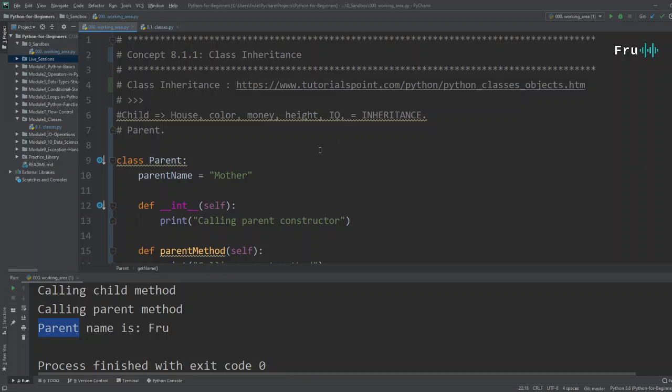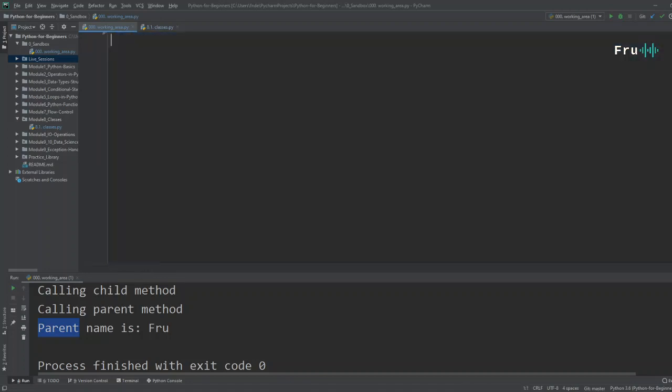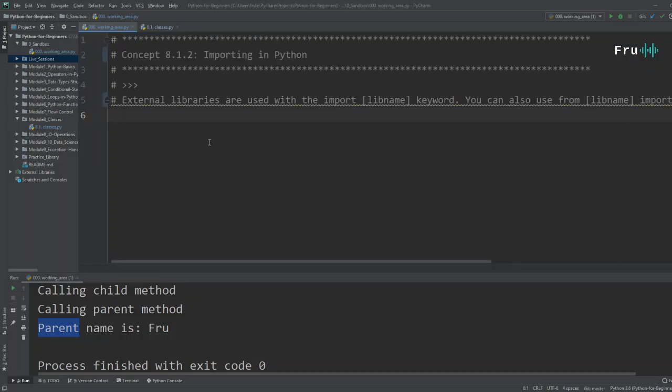Now, this was a lot, guys. This was a lot. So let's actually switch gears here and talk about the last concept within this particular lecture, which is the idea of importing external